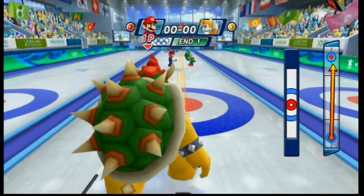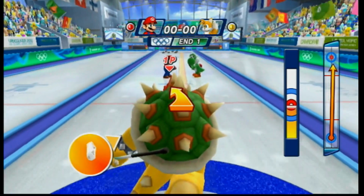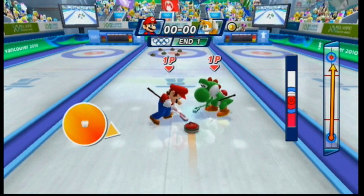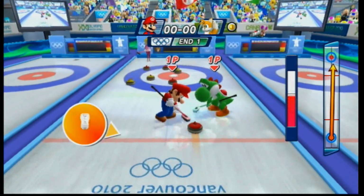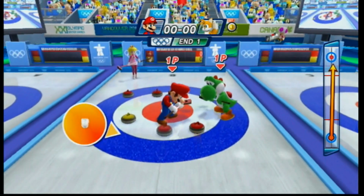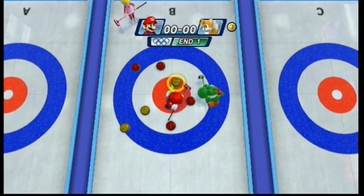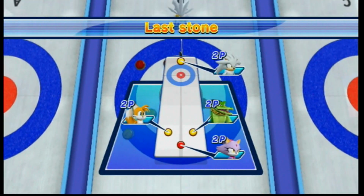Bowser, most powerful thrower on the team here. See what he can do. Decent slide. We'll see what comes of it. Mario scrubbing along here. I don't think that had enough curve on it. It's gonna get somewhat close, but not close enough, as Tails now will have that last stone, and Blaze will